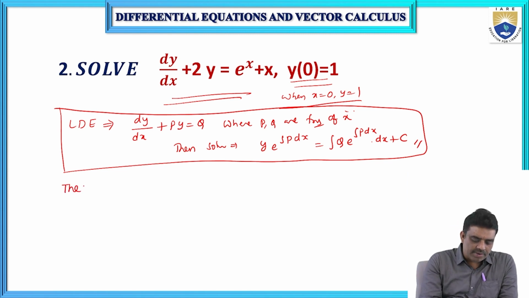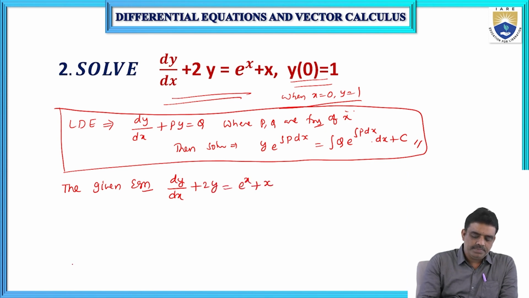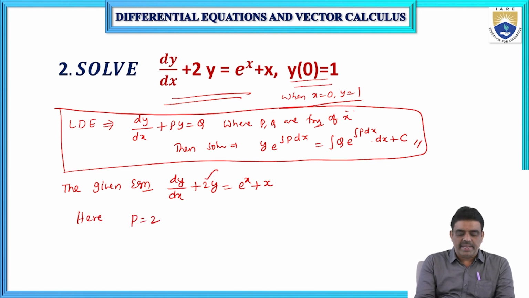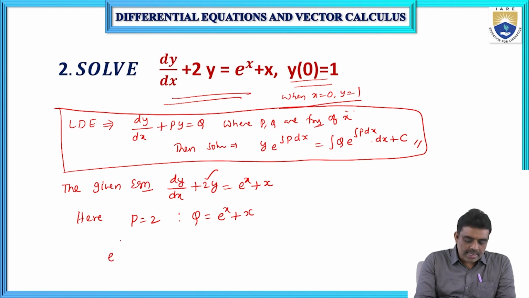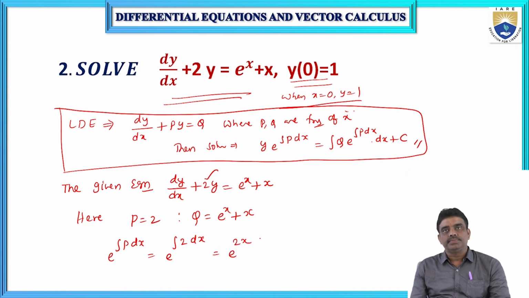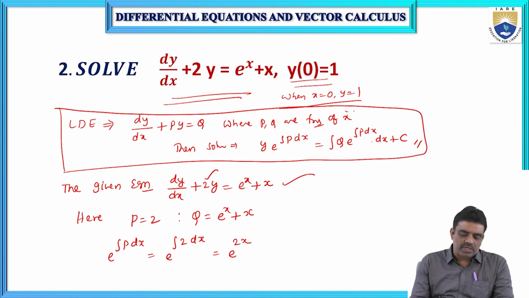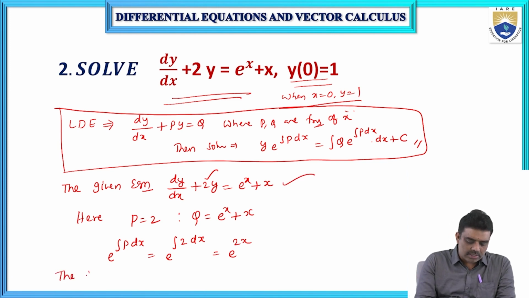Here, the given equation. What is the given equation? dy/dx + 2y = e^x + x. Here, P is equal to 2. This is Py. And what is Q here? The right hand side function of x, e^x + x. And e^(∫P dx), that is e^(∫2 dx), that is equal to e^(2x). Because it is a linear equation, the solution,